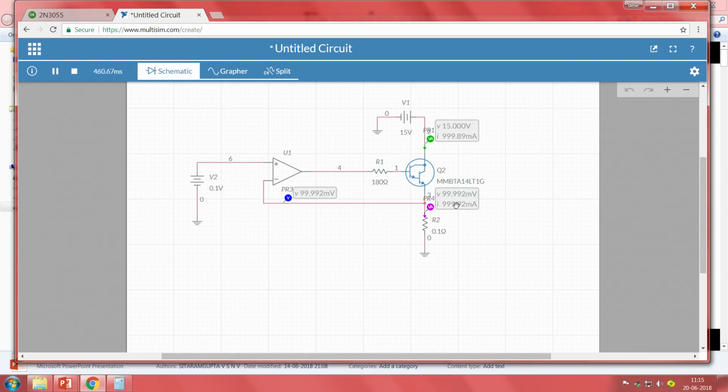So, this is showing, yeah. 0.1 volt is the input we applied. So, 99.992 millivolts is almost equal to 0.1 volt. So, the current is 1000 milliamps, meaning 1 amp of current, right, 0.1 by 0.1, 1 amp. I am increasing, I will say 0.2, right, see 2 amps of current. 0.5, 5 amps of current, see the voltage drop.